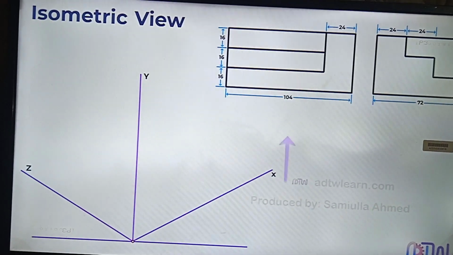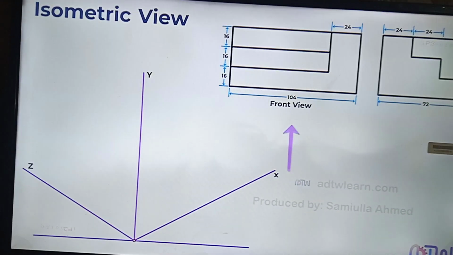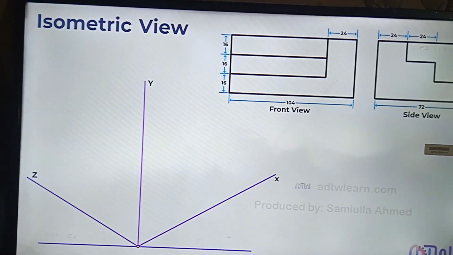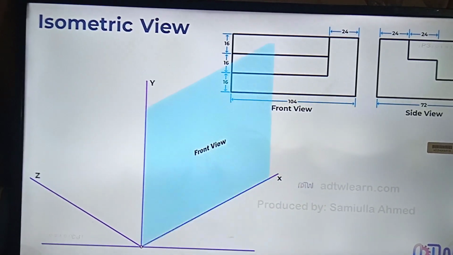ऊपर जो ऑर्थोग्राफिक प्रोजेक्शन बना रखा है, ये 2D में बना है, और ये आइसोमेट्रिक प्रोजेक्शन बना रहे हैं, ये 3D में बनेगा आपके लिए। On the left-hand side, we see the front view of the 3D object, while on the right-hand side, we see the side view. फ्रंट व्यू है, साइड व्यू है. To draw the front view, we'll use the xy plane, and for the side view, we'll use